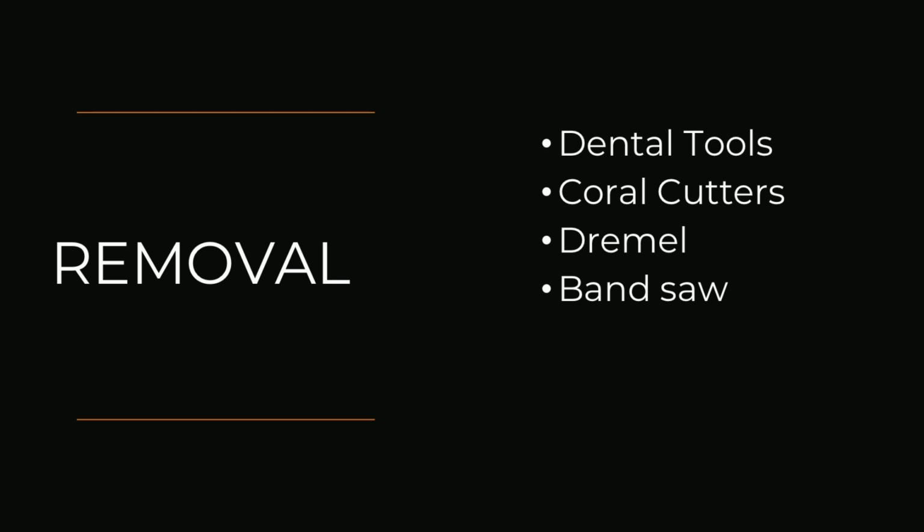Coral cutters are really important. Dremels can be used for cutting away to healthy skin. A lot of times when you have tissue receding and you can't stop that recession, you need to cut into healthy tissue to save that coral. You can't just cut off the dead stuff, because the way disease works is it's still in that margin line. So you either need to fully scrape it away or cut it off. Usually about a half a centimeter to a centimeter into it is how much tissue margin you want to get